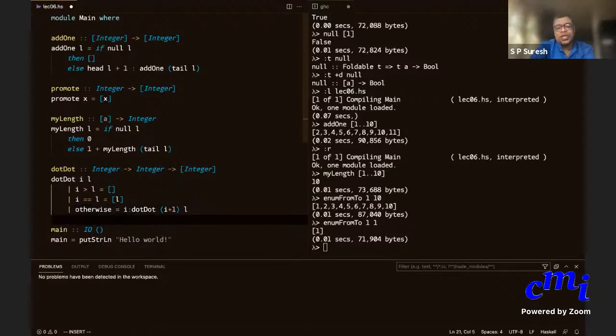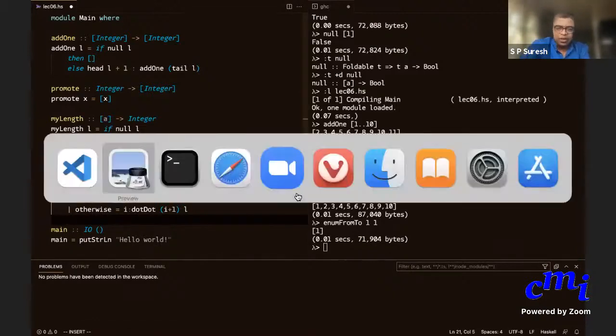That's it. So you see that things that appear to be Haskell syntax are nothing but some convenient syntax given to you, but it's actually a function defined in the background. So when you say 1 dot dot 10, what you are actually doing is this. So that's another simple function. Okay, good. So we've defined all this.